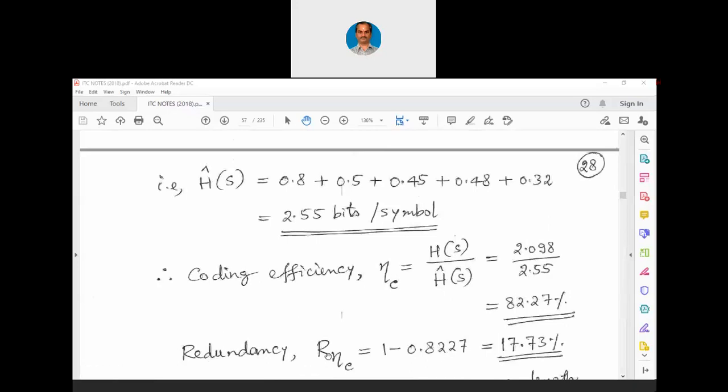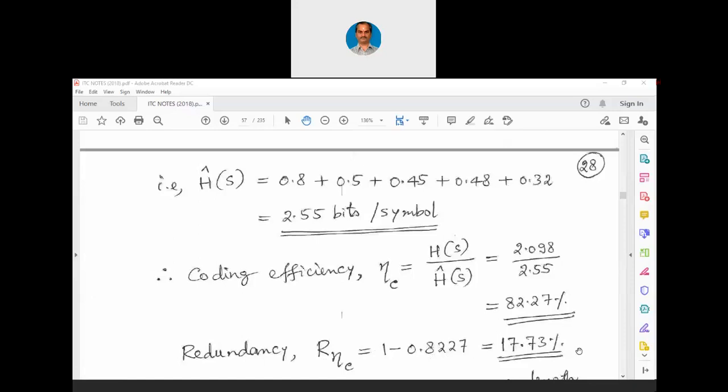We expect the efficiency to be always 100%, or 1. What we expect is that H cap of S and H of S are the same, but that is an ideal situation. We may not have such an ideal coding methodology at all. So redundancy is 1 minus efficiency, 1 minus eta c,